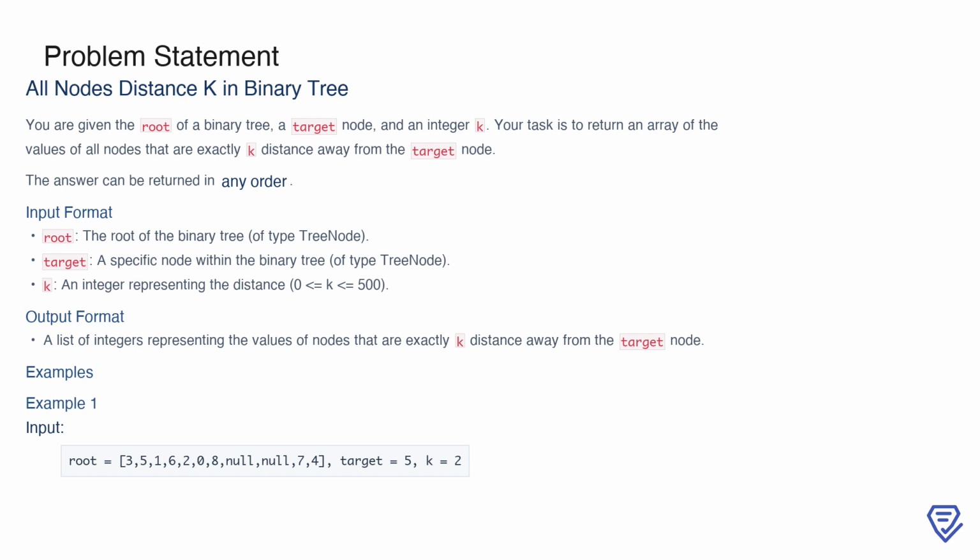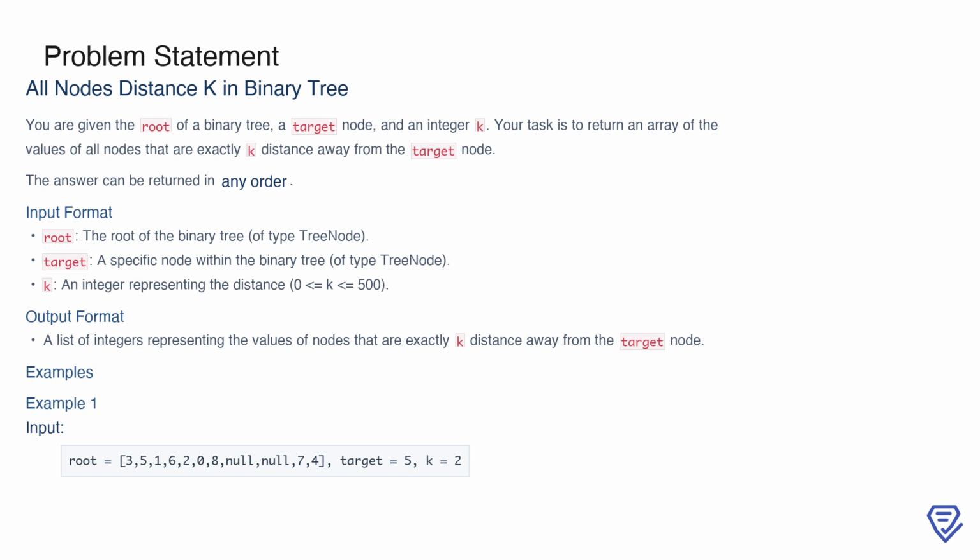In this problem, our goal is to find all nodes in a binary tree that are exactly a given distance, k, away from a specified target node. The tree is represented by its root, and the target is guaranteed to be a node within the tree. The result should be an array containing the values of these nodes, and the order of the values in the